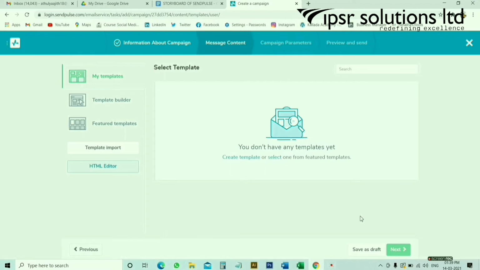Here we can create email template. Select one of the template layout structure or choose one of the SendPlus pre-designed templates. Here let us choose a future template.